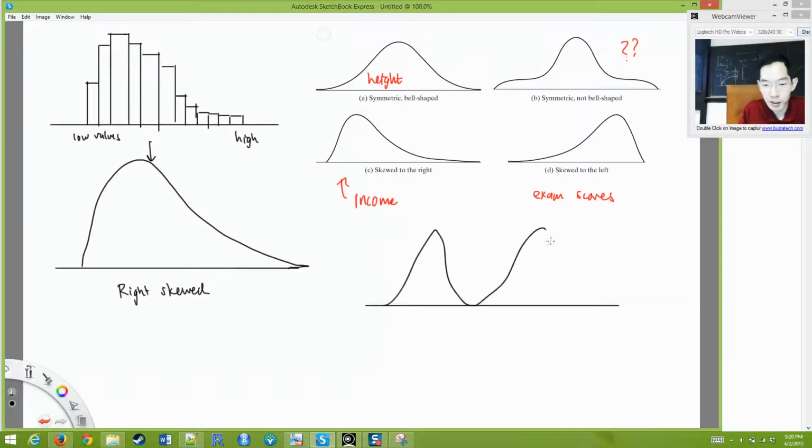You have something like this. Okay, this is bimodal, meaning mode being a peak, so you have 2 peaks. And if you have 3 peaks, you can call it trimodal or multimodal. It's usually 1, 2, or more. So bimodal, 2 peaks, this could be like